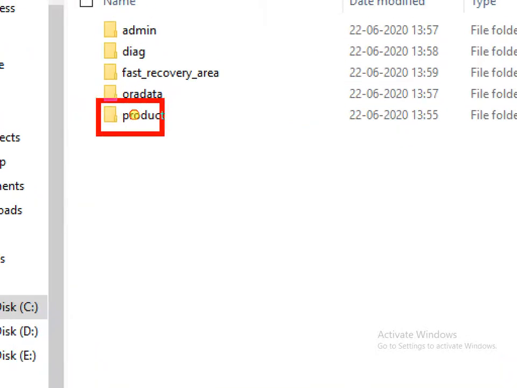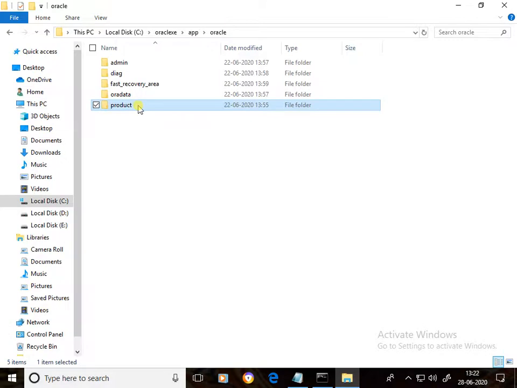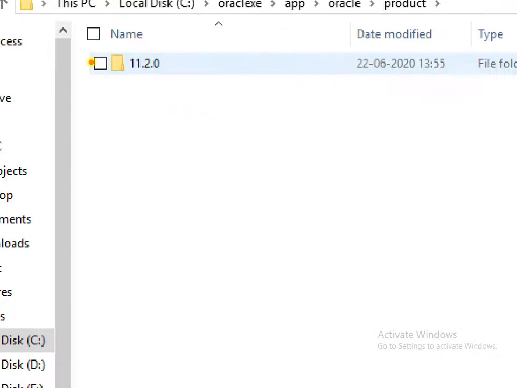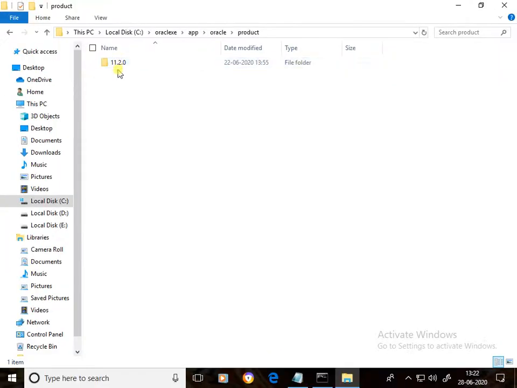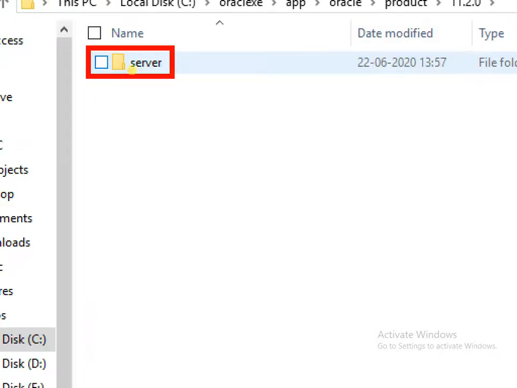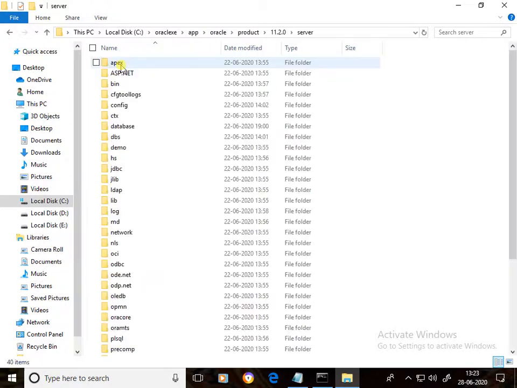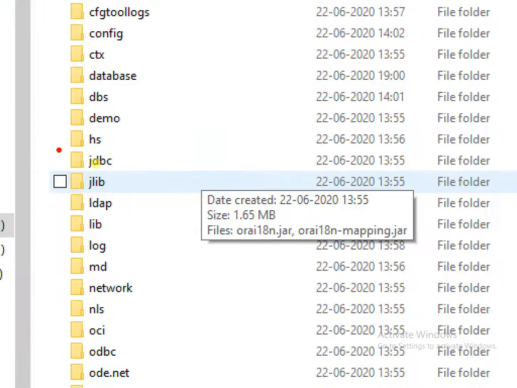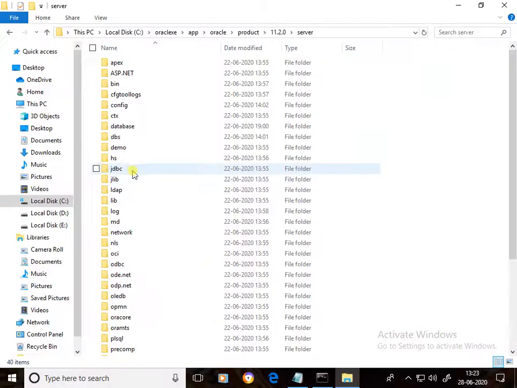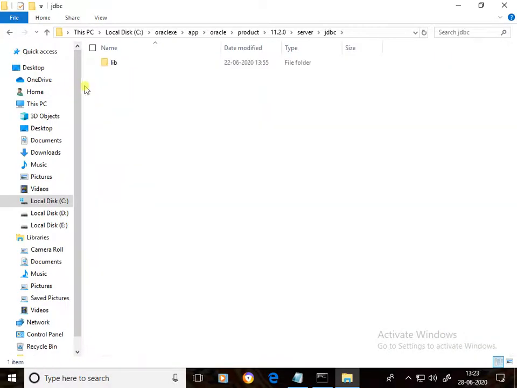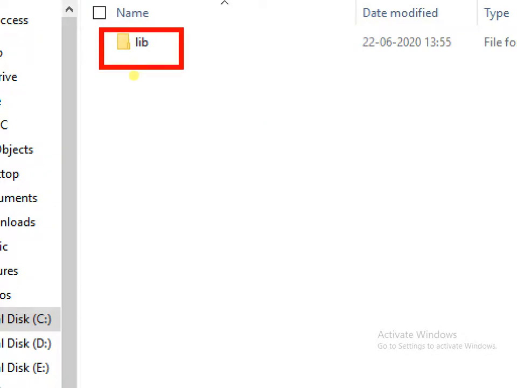Double click on product. Double click on 11.2.0. Double click on server. Double click on JDBC. Double click on lib.